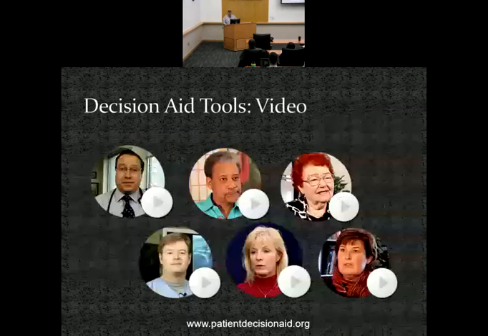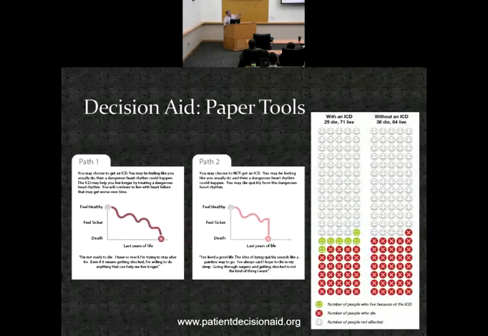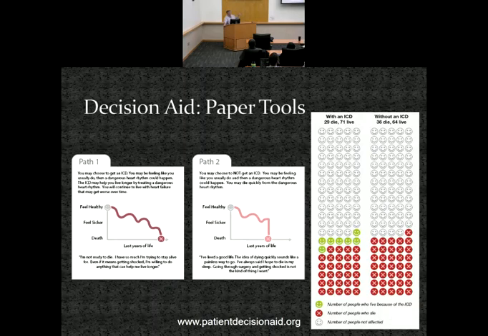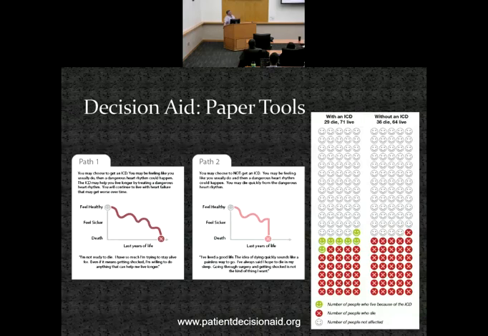Decision aids come in all kinds of versions. These are some screenshots from our defibrillator tool. In the defibrillator, there's this trade-off between sudden death and progressive heart failure. You might live longer, but you're taking away your chance to die suddenly, and people kind of want both options. So we present those as two paths. Yeah, you might live longer in one. And these kind of figures came from a JAMA article that we found in our iterative development. The patients understood these, and they were acceptable.